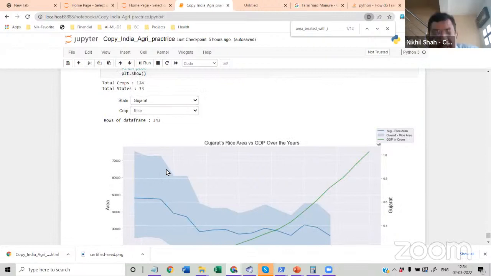My point is, using this kind of analysis, you can further apply machine learning algorithms to predict rice production over the next 5 years, and things like that. So with that, let me stop here and let's switch to the questions.